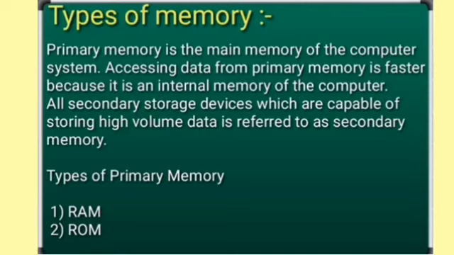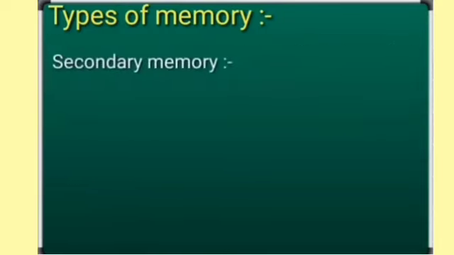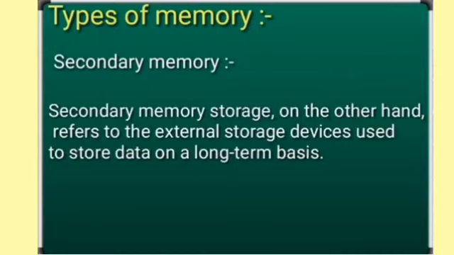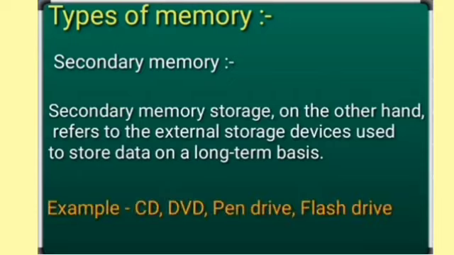Now primary memory is further divided into two parts, which are RAM and ROM. RAM stands for random access memory and ROM stands for read only memory. Now why is secondary memory required? Secondary memory is also called external memory. As I have said, it is also named auxiliary memory. To increase the storage capacity of the computer, we need an additional memory device which is called secondary memory. There are different kinds of secondary memories available in the market like CD-ROM, DVD, pen drive, flash drive, which can be attached externally. It means outside the computer, outside the CPU, you can attach them and increase the storage capacity of your computer very easily.